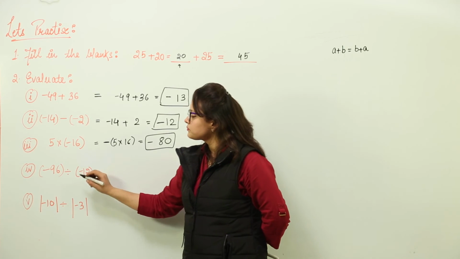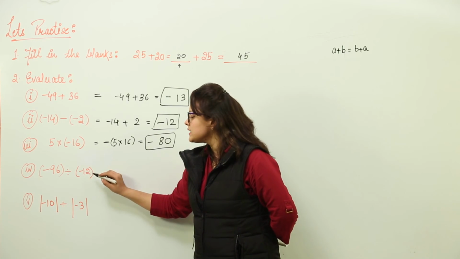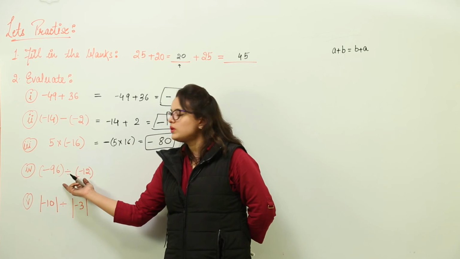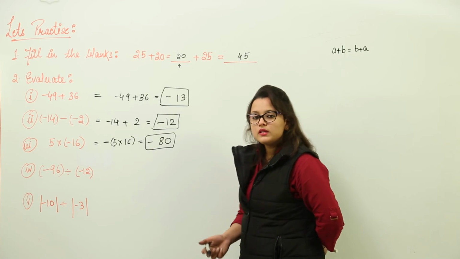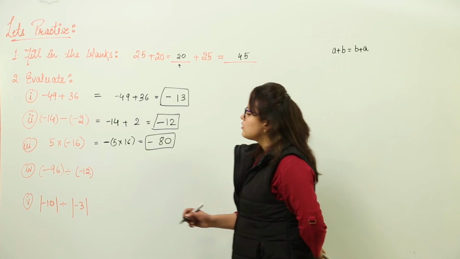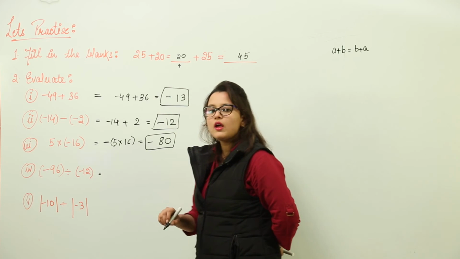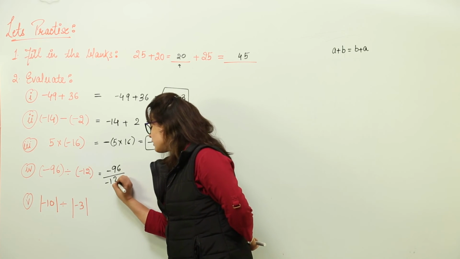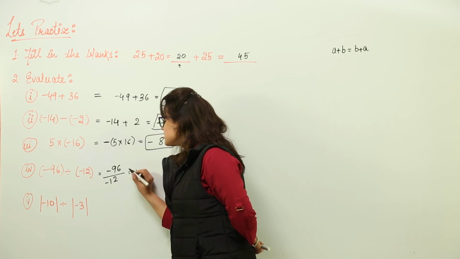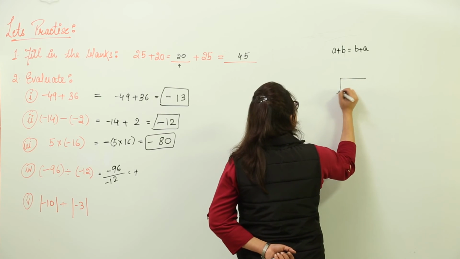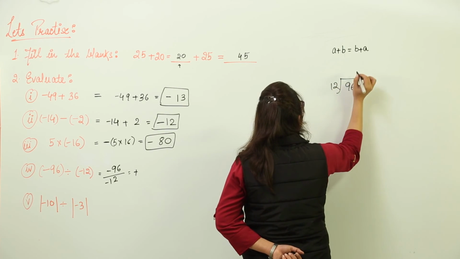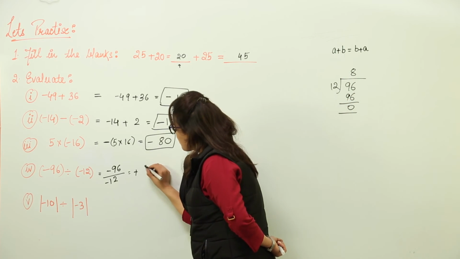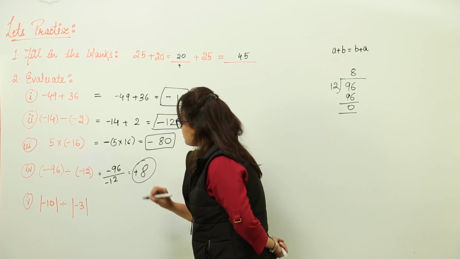The next is division of minus 96 with minus 12. As we discussed, here we are dividing two integers having the same signs. So when the two integers have the same signs, your answer should be a positive one. Why? Because when you do minus 96 divided by minus 12, your minus and minus becomes plus, and what will be 96 divided by 12? It would be 8, right? That means you get the answer as plus 8. So please highlight your answer.